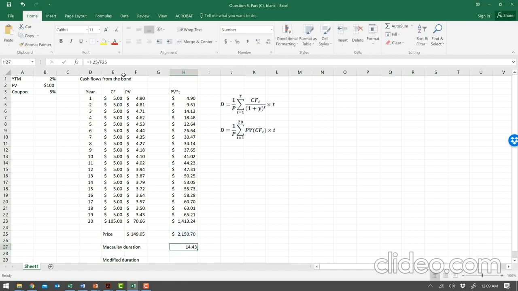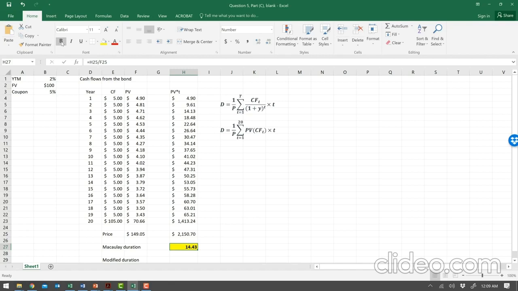And this will by definition be the Macaulay duration. So this is how we can use the spreadsheet to find the duration of any bond. So if you have fewer than 20 years, for example, if you have 2 years, 3 years, you can do it by hand. In fact, you should practice to do it by hand because the exam most likely is going to feature